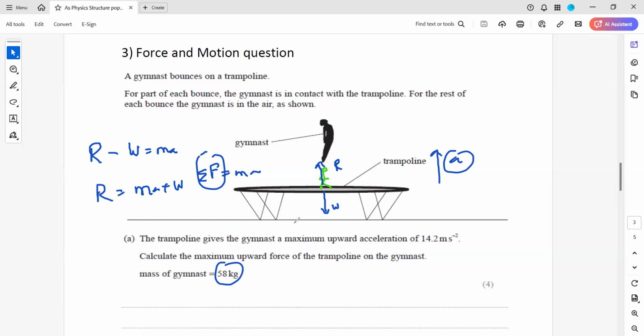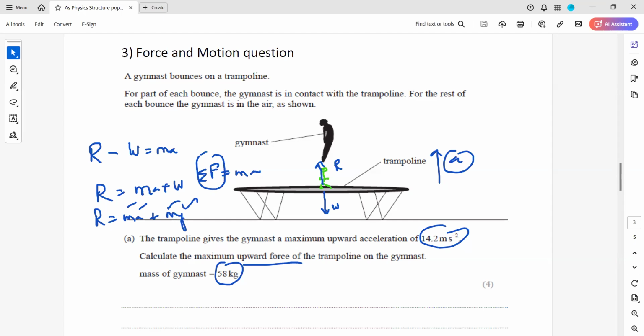You have the mass, you have the acceleration, you can work out the weight by mass into gravity. So R will be equal to ma plus mg. G is the gravity we have, m is the mass we have. So we have all the factors, so we can work out the maximum upward force acting